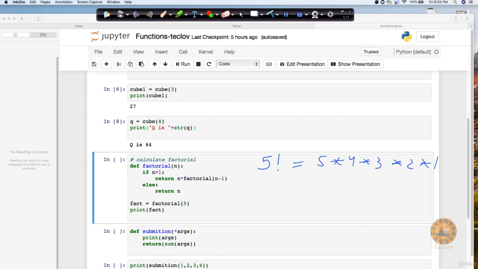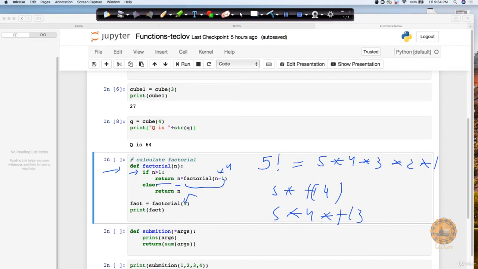So how can we do it? We are creating a function called factorial, and we are, let's say, passing the value 5 to it. What it's going to do is check if the value of n is greater than 1, then in that case it returns n into factorial of n minus 1, meaning again recall this function, again re-execute it, and this time take up the value 4. So this time it is going to become 5 into factorial 4. I'm just writing in shortcut. So next time it will become 5 into 4 into factorial 3 like this, right? It will keep on looping across.